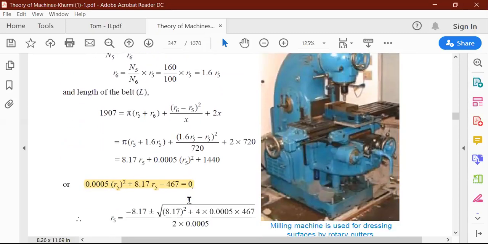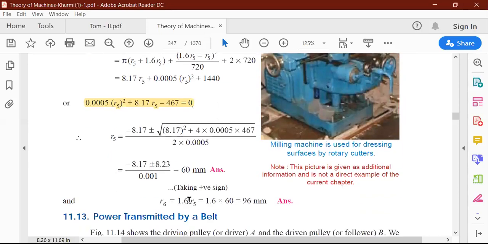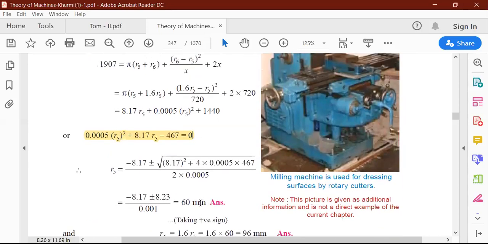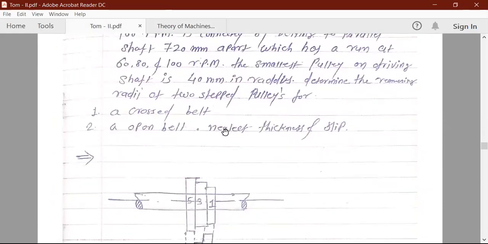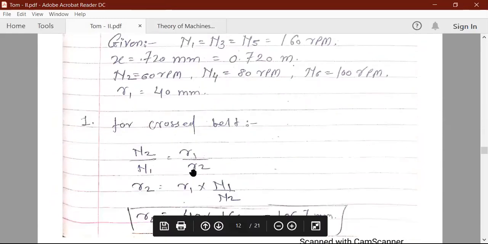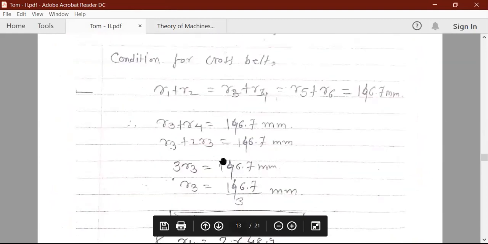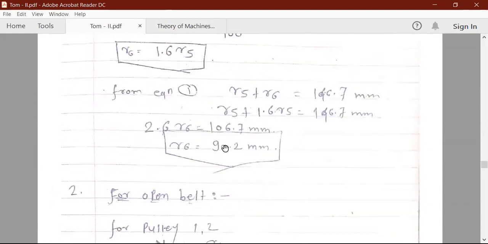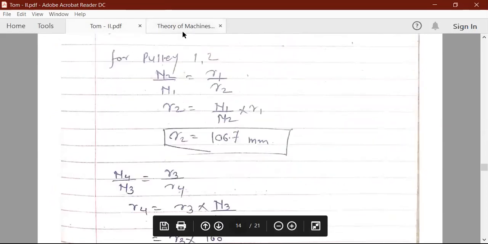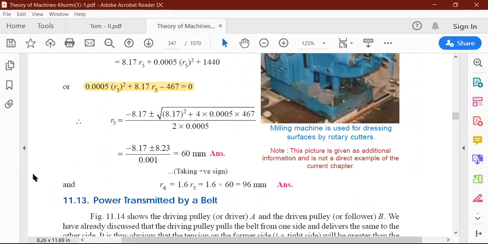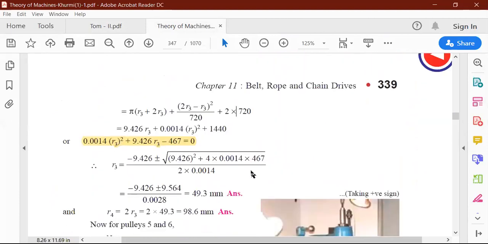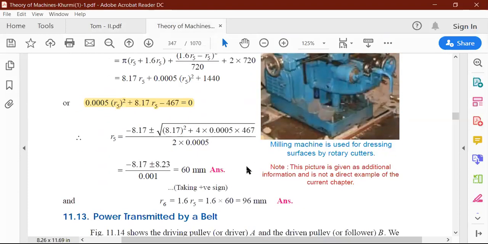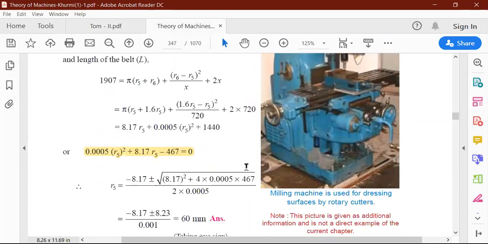Okay, so I suggest that you all write down this numerical. I have already solved this numerical in your handwritten notes also. See, this is your numerical, with the two shafts given, for cross belt drive and open belt drive, and you should simply go through this. If you don't understand this, then go through that. You can stop the video and solve the numerical. If a numerical on this topic is asked, then this single numerical will be asked in your final question paper. So be prepared for that.